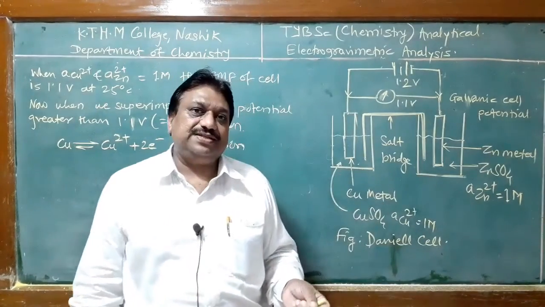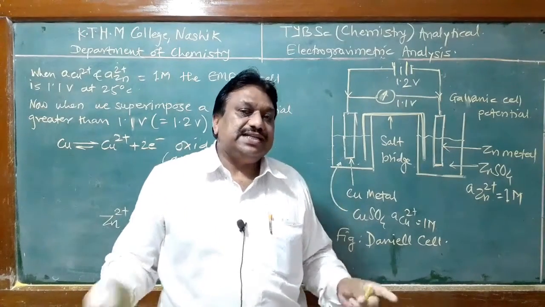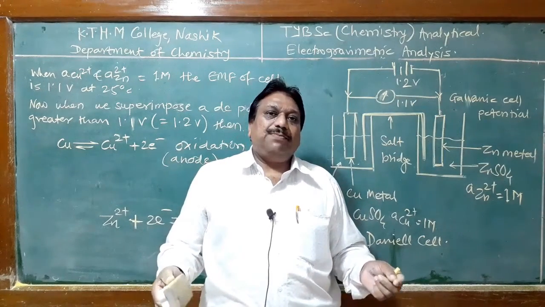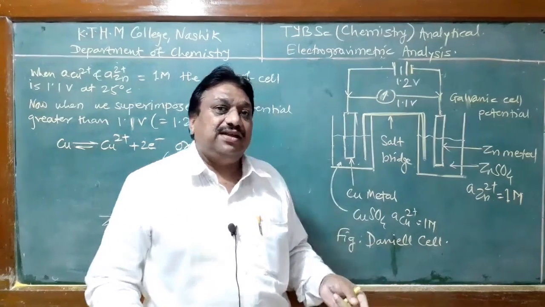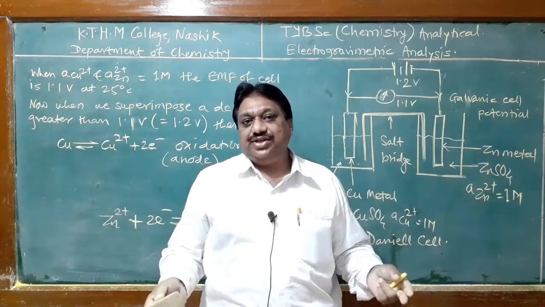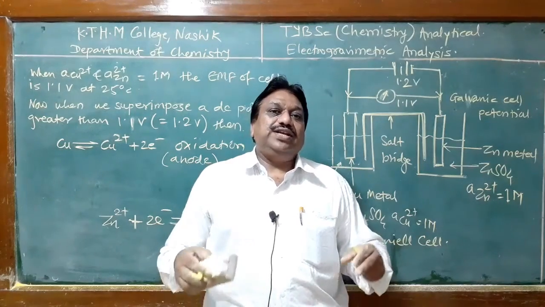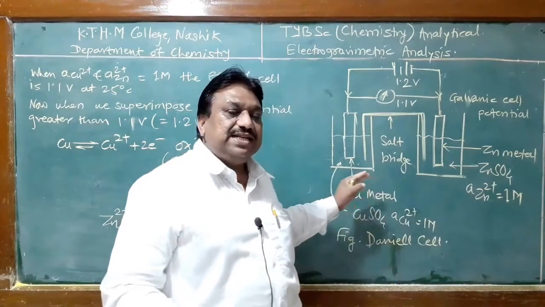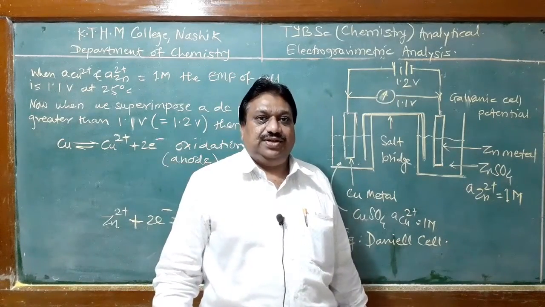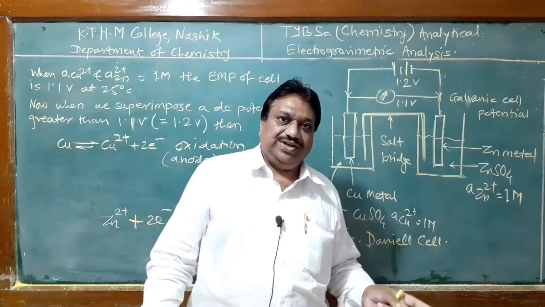Therefore, during the deposition of any metal onto the electrode surface, when we construct a cell, initially that is a galvanic cell. And after formation of the galvanic cell, we apply a potential greater than the galvanic cell potential to carry out the oxidation or reduction reaction on that electrode. Therefore, here the potential difference between the galvanic cell and its reversible value is called overpotential. And this overpotential is always determined by the galvanic cell potential.